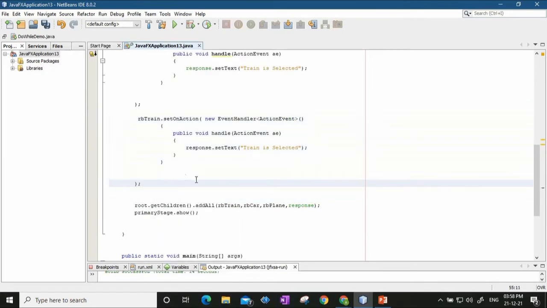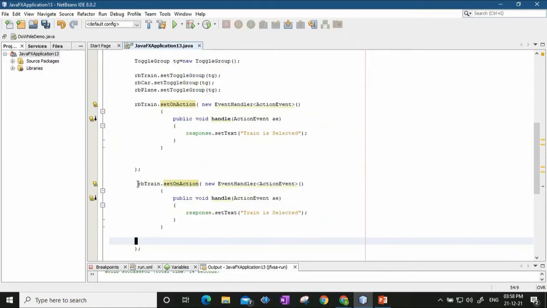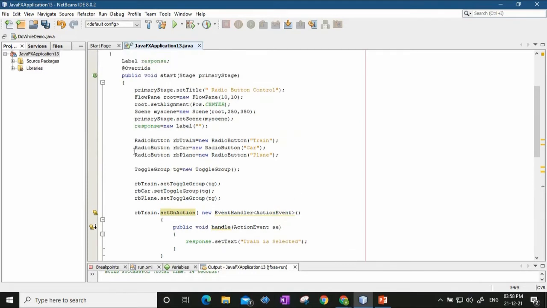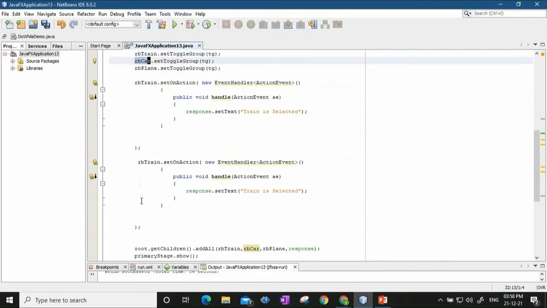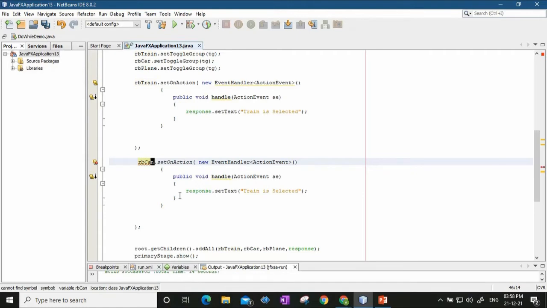Okay. So for that you can just copy this and paste it here. And in place of RB train you can just say it is RB car. Then you can say here in place of train, car is selected.